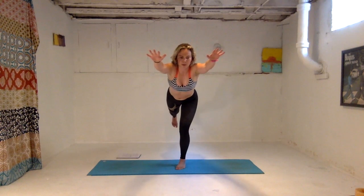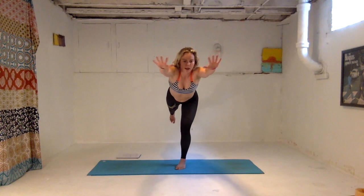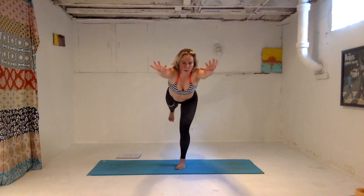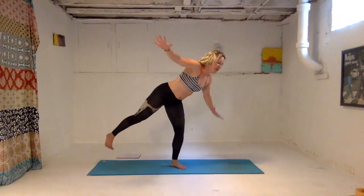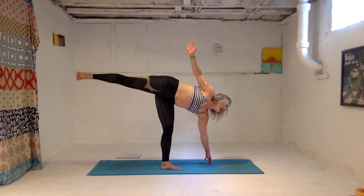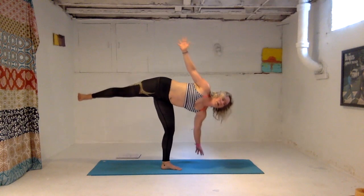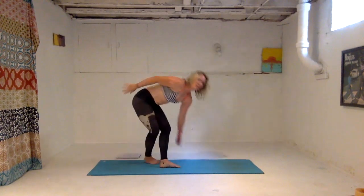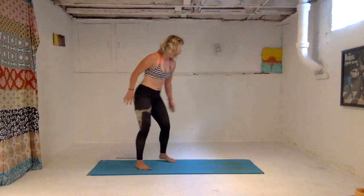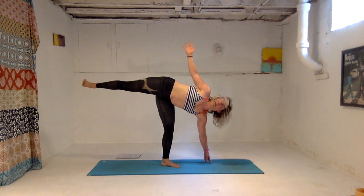So this is what we do when we do airplane, but with our arms out. So press out through your heel, and then press out through your toe ball mounds and point that foot. Spread your toes wide on both feet. Spread all of your fingers wide, and then come into a half moon pose. Bringing your left hand down to a block or the floor or a chair or an ottoman, whatever you need. Or if you're super stud, you can do this without a prop. I'm working on it. Anyways, come into your half moon, stacking your hips and bringing your gaze up to your